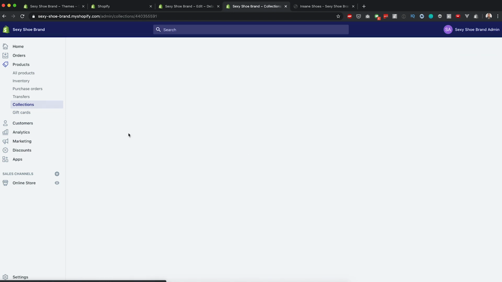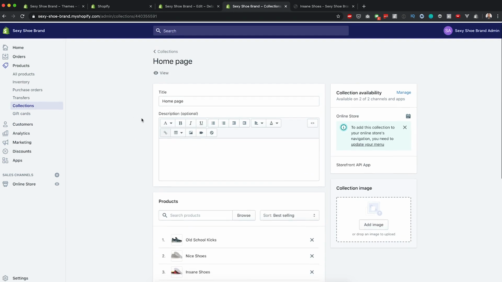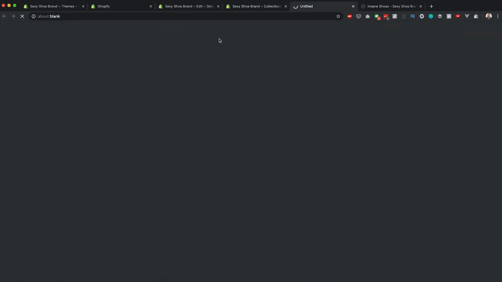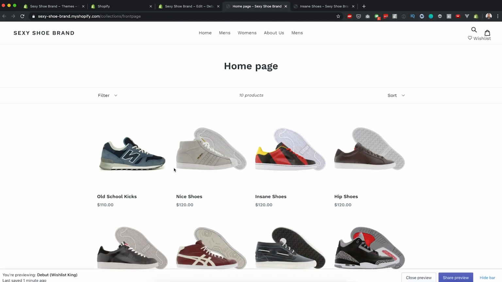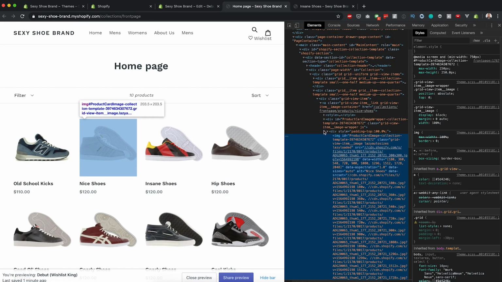Looks like we haven't set up any collections here. It's just the home page collection. This comes by default, so that's okay. We only need one example collection to look at. And then I'm going to right click, inspect on one of these grid items rather, and